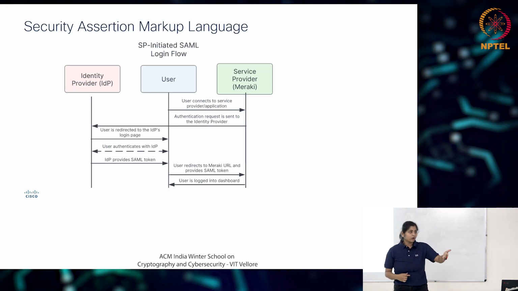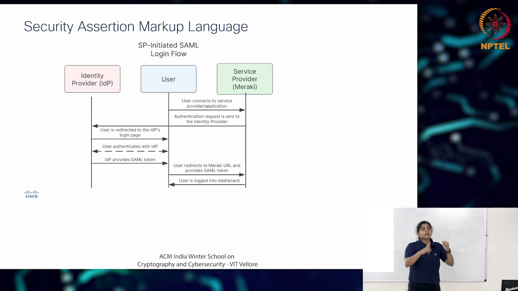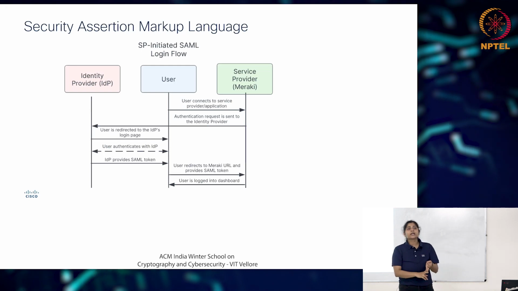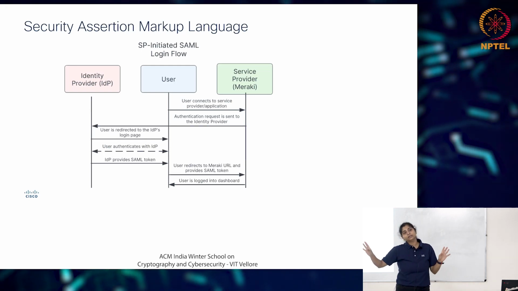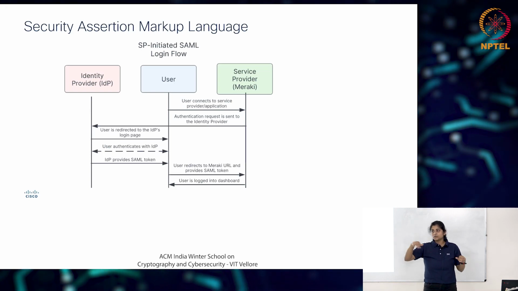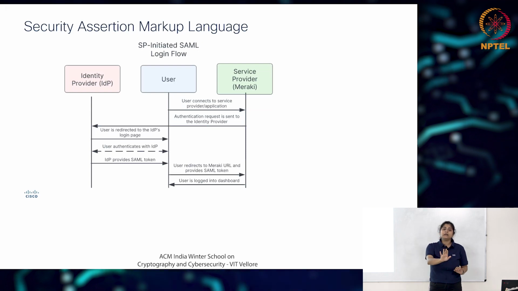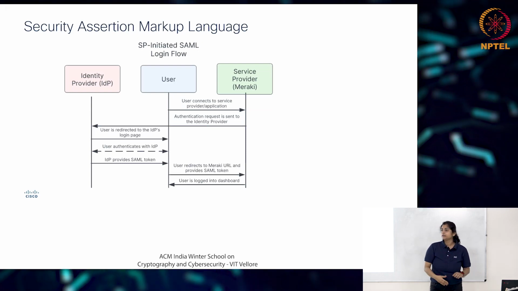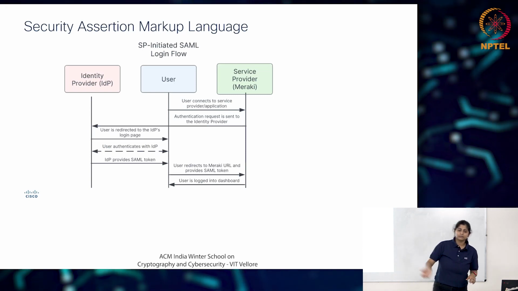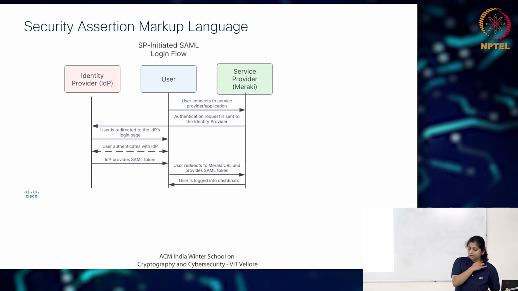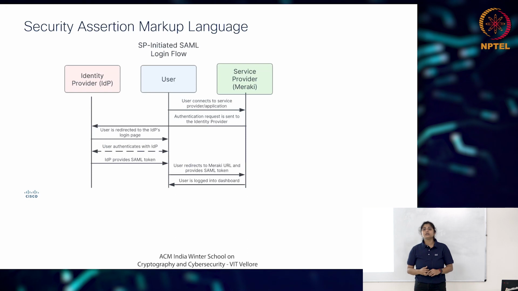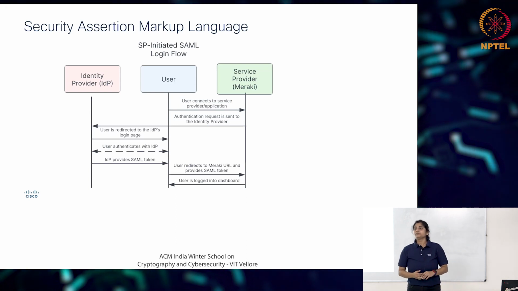Now your SP's job is to restrict the usage of your SAML access. They can give you access to just one resource, 10 resources, or they can say sign in once, access everything. Or they can have per-application sign-ons as well. So that's how, this is the most recent authentication. I mean, there's passwordless as well, there's TLS 1.3 certificates, etc. But this is how we commonly do SSO in organizations.